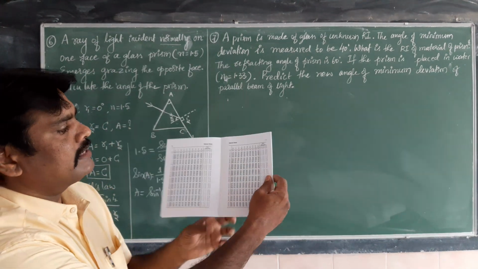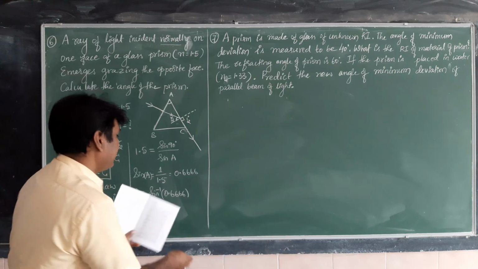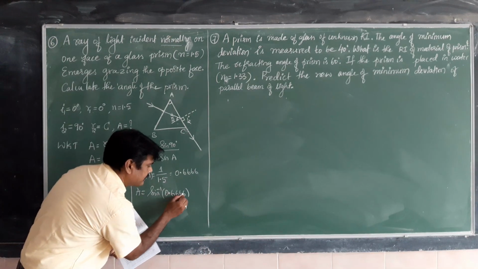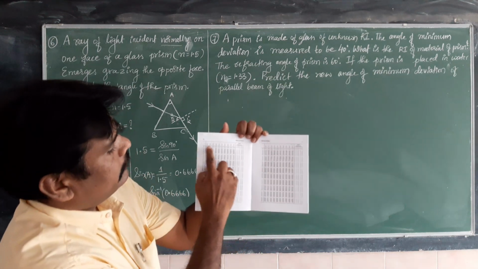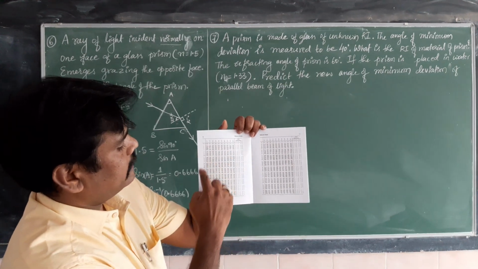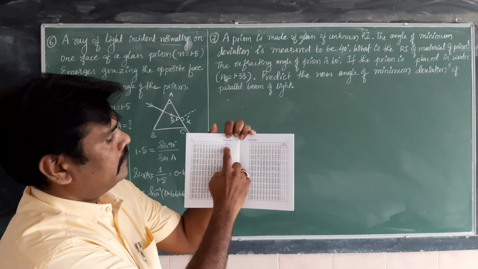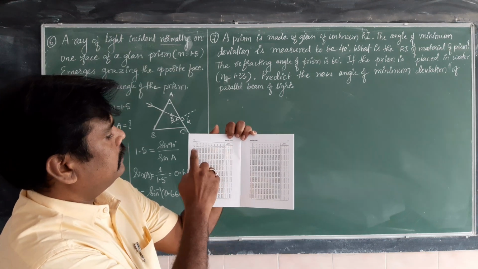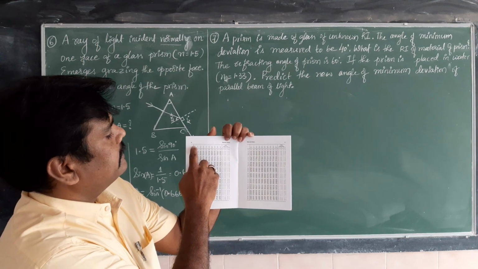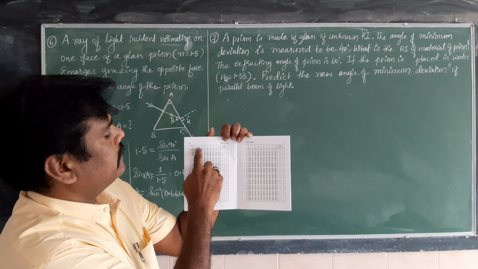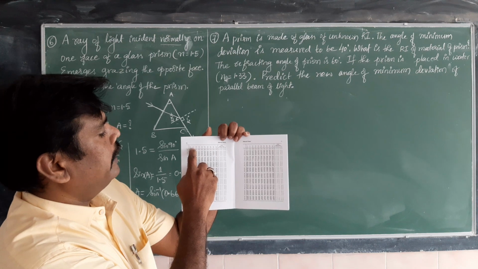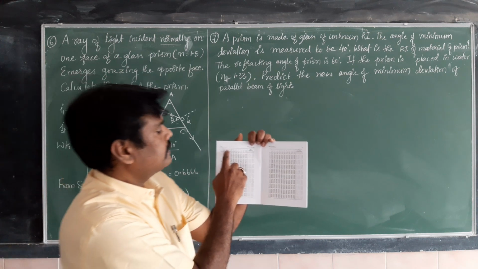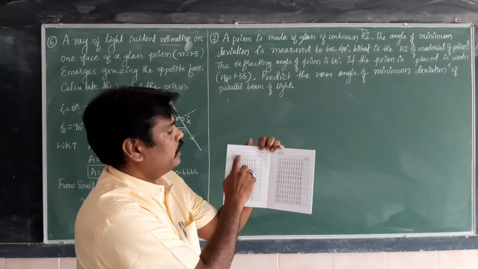So in natural sine, we have to find this value 0.666. Here, this is the first row and this is the first column in the natural sine, and this gives the mean difference. See, the first row starts from 0 minutes, 6 minutes, 12 minutes. It means 0 minutes is 0 only. 0.1 degree is nothing but 6 minutes. 0.2 degree is nothing but